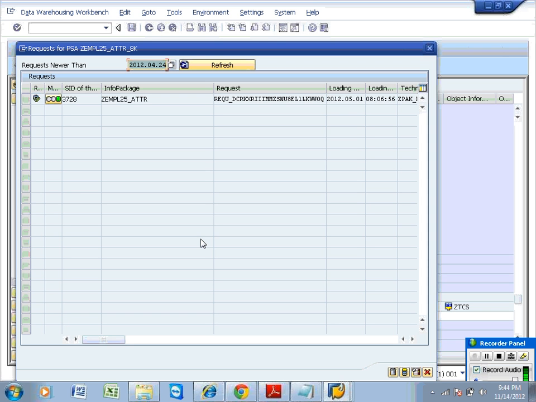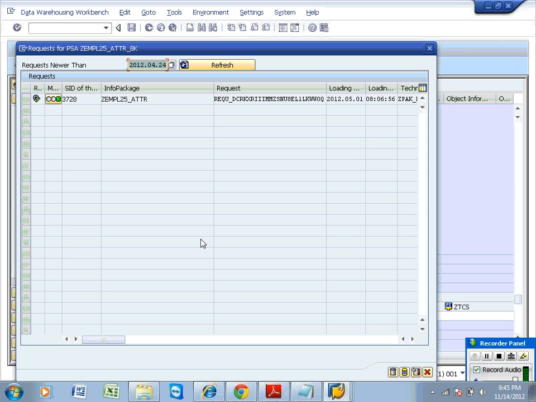What it means, you have a data flow diagram something like this. Data target, update rule, info source, transfer rule, and data source. So PSA comes into the picture here, between PSA and data source, and we will create an ID here. And the ID is useful to access data from the source.